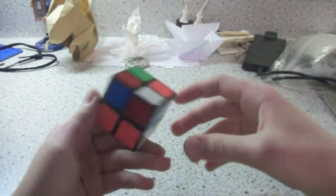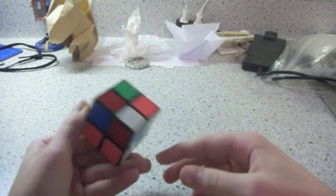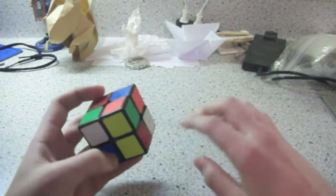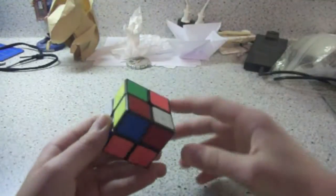Now my next tip is trying to predict OLL. This is mostly just tracking pieces, but I'll show you an example here. So here I do the orange face with U', R2 U, R', U', R, like this. So